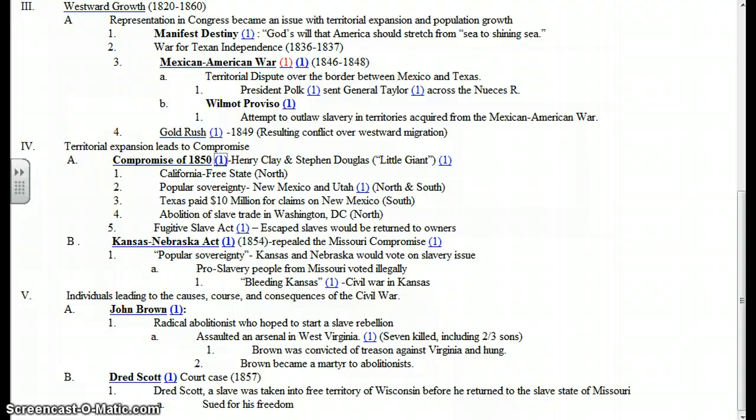A second compromise was the Kansas-Nebraska Act in 1854. With the Kansas-Nebraska Act in 1854, 2 new territories had applied for statehood, Kansas and Nebraska. A guy named Stephen Douglas